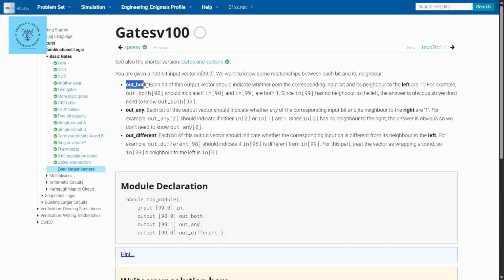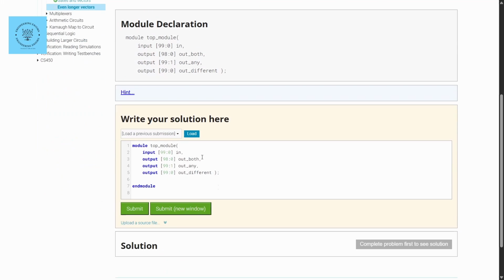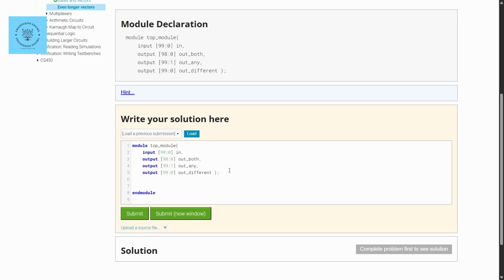Out of both, out of any, here we have to use the and operation, which is bitwise and, here bitwise or, and here bitwise XOR. So we do not have to care about this, we can write any number we can. Let's start with assign out of both